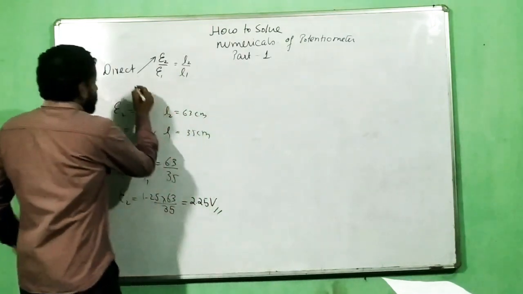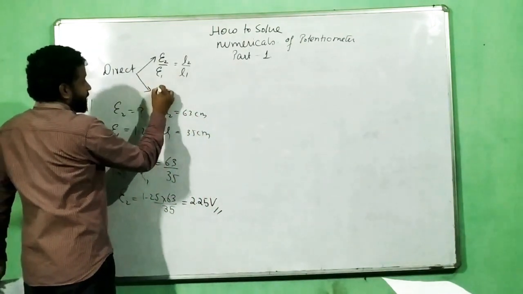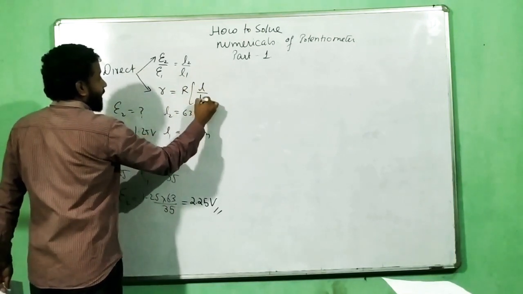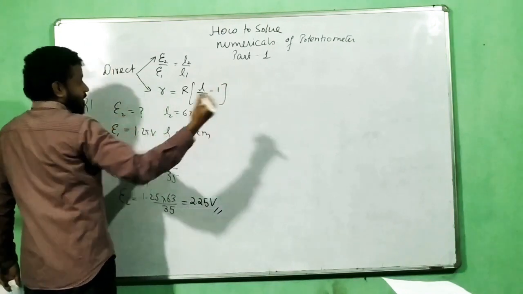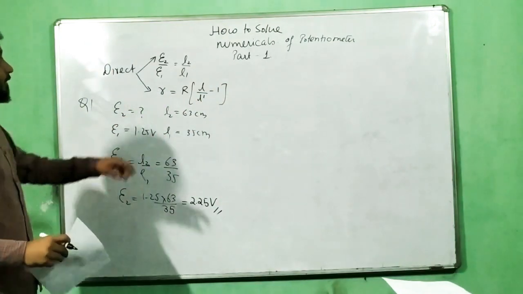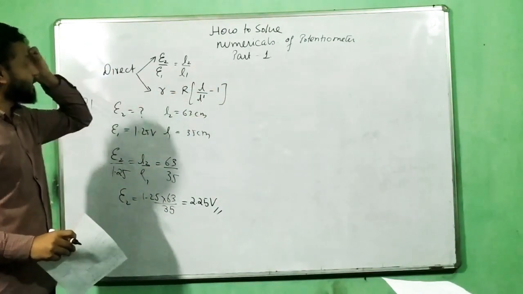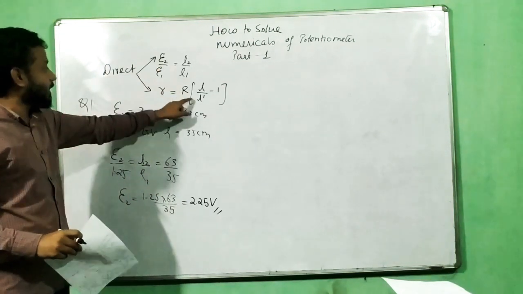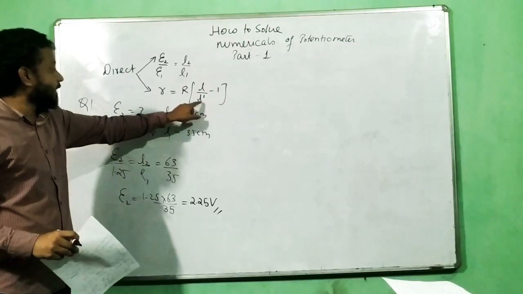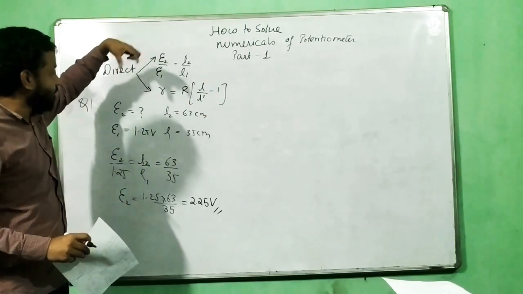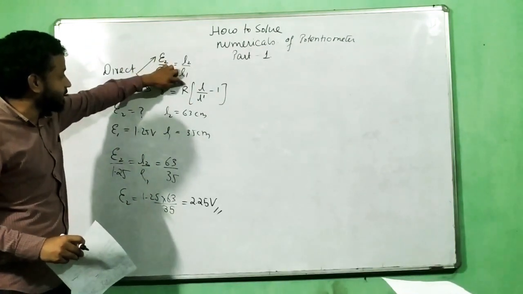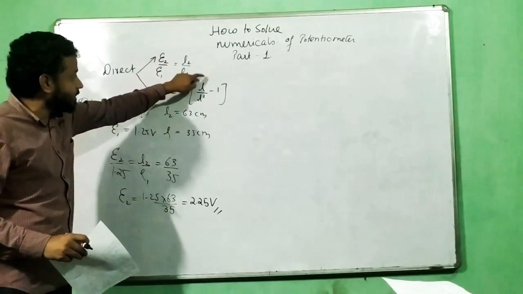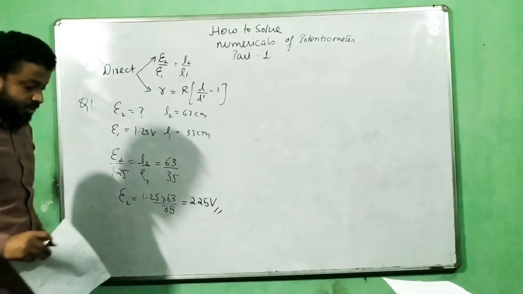There is one more formula for potentiometer, and that formula is internal resistance equals R into (L by L dash minus 1). The previous video of mine will tell you that L is the balancing length without making it short circuit with the resistance, and L dash is the length when we make the EMF short circuit with resistance R. That means L dash is the length when R is present in the circuit, and L is the length when R is not present in the circuit.